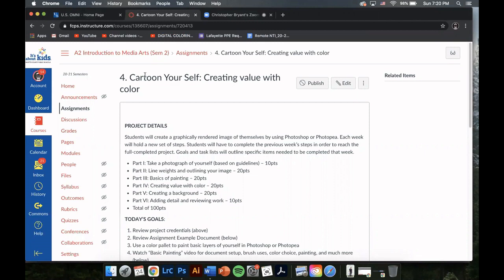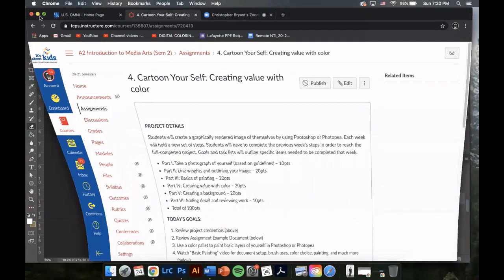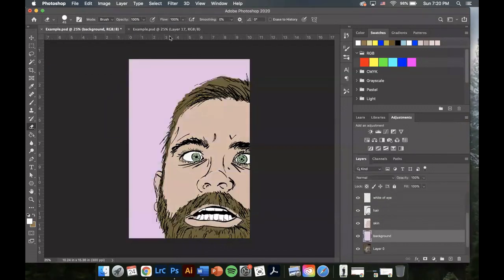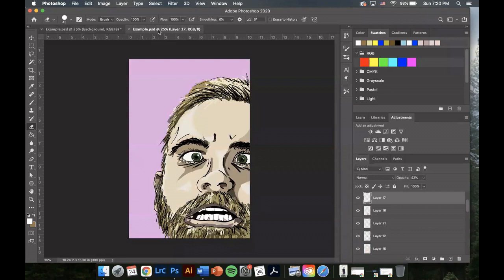Okay, today we're going to be looking at creating value with color. So this is number 4 in our segment where we are looking to essentially go from something like this to something like this. We're going to be adding a lot more detail in here, and I'm going to try to break this up as best as possible. But essentially what you should see